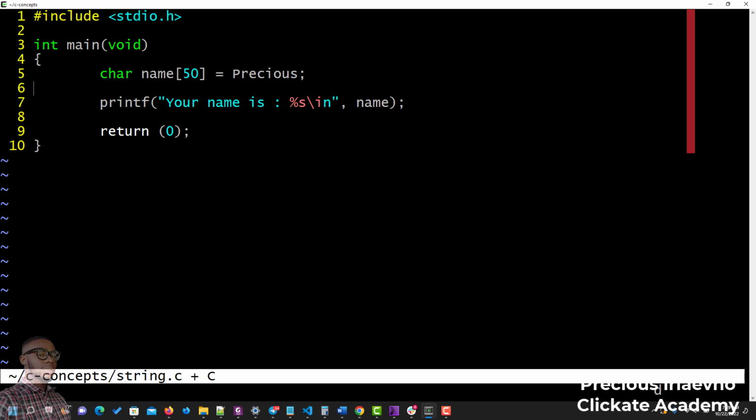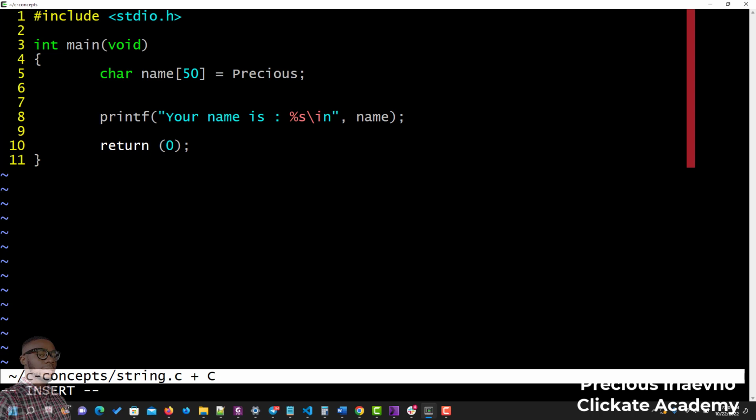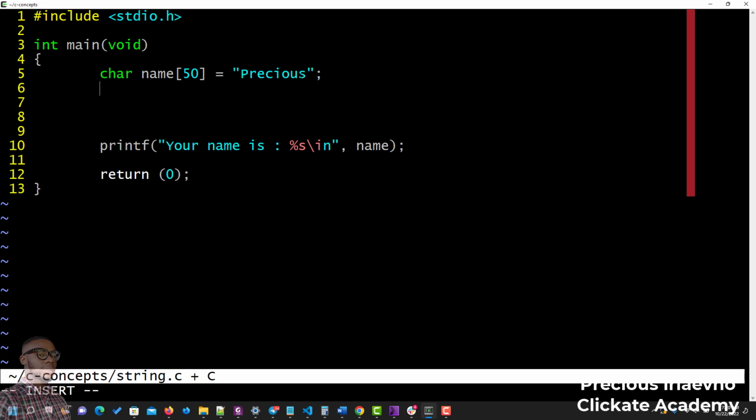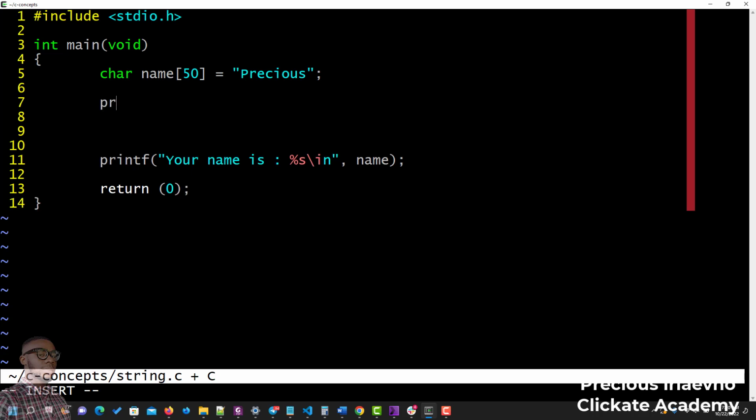Okay. Now, to access the value of this string array, the array starts from, sorry, double quotes, don't forget that. The array starts from 0, so the P here is 0, 1, 2, 3, 4, 5, 6, 7, okay? Plus that invisible character that will be added for us, this invisible character. This one, though we don't need to add it ourselves, but it's there already from the compiler. It's added already by the compiler. So if I want to access anything in my name right now, all I need to do is to do something like printf